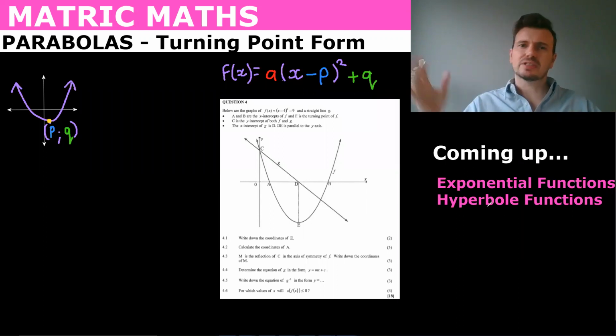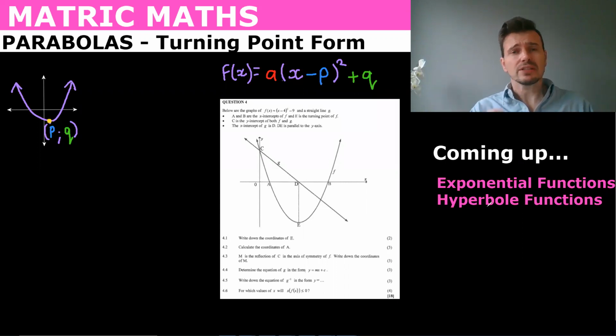Now previously we did the standard form, which most of us are used to, and then we did the intercept form. So now let's look at the turning point, and we see that if you're given the turning point on a parabola, you are able to substitute that turning point into this equation where P is the x and Q is the y. Now it's negative P because we know that negative shifts the graph forwards in a parabola,